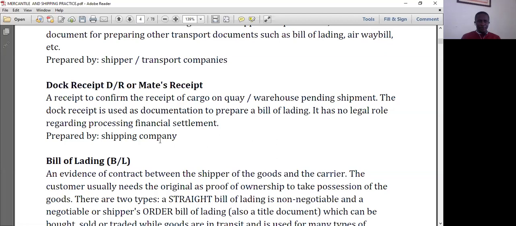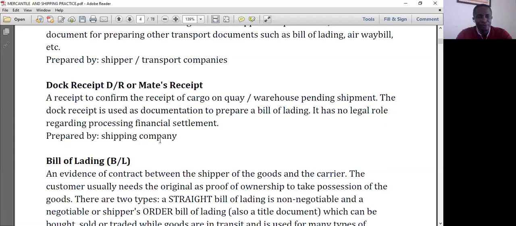So the dock receipt is used as a document to prepare a bill of lading. It has no legal role regarding the processing of the financial settlement. Now, what I mean here is this: once your cargo has been received at the dock, waiting to be loaded